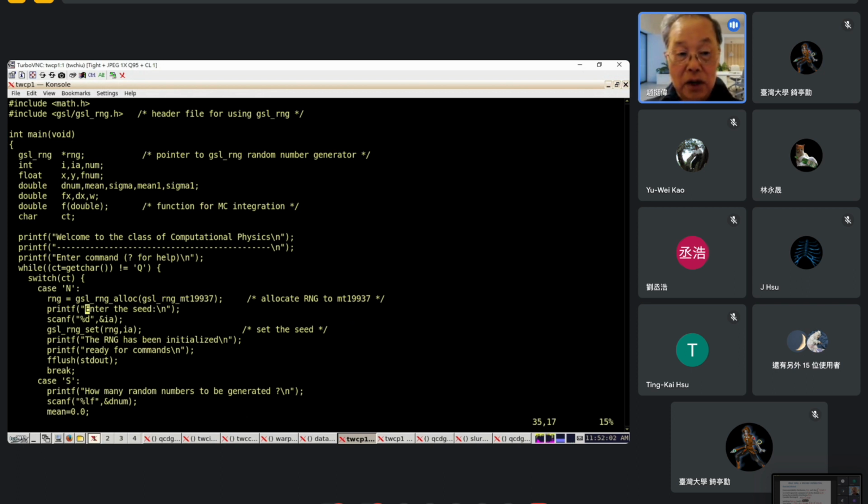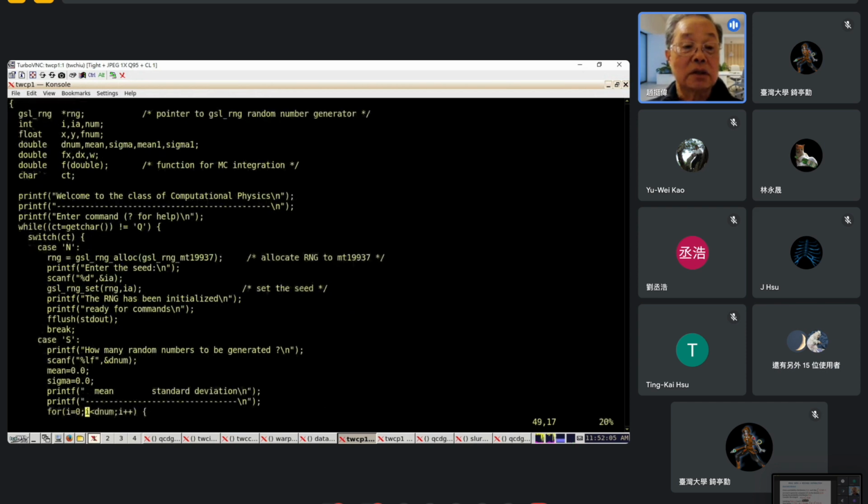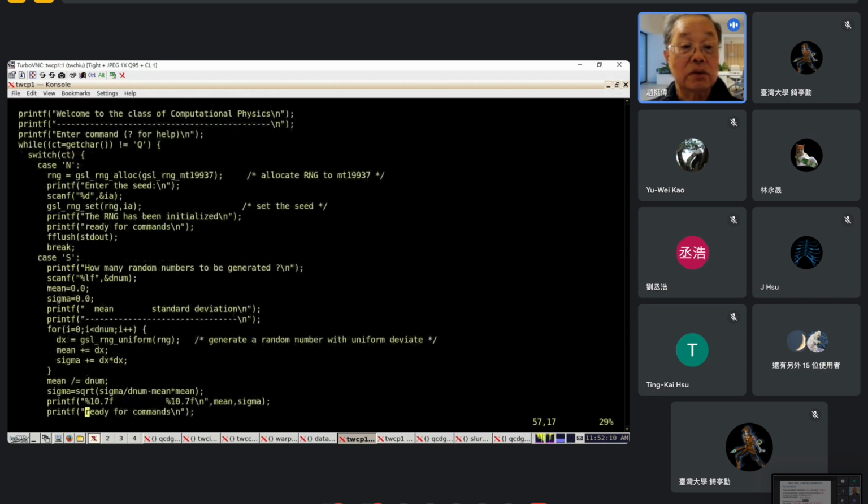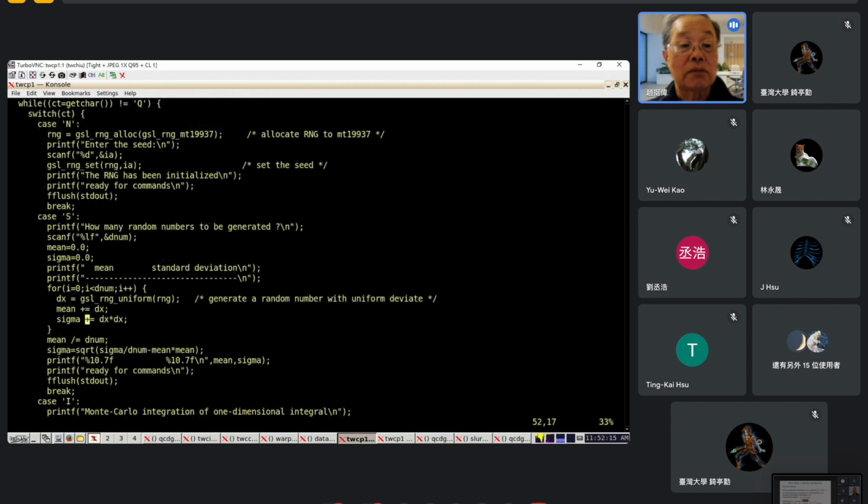Okay, so after initialization, I can first do some simple tests, just to get a mean and the standard deviation. For example,